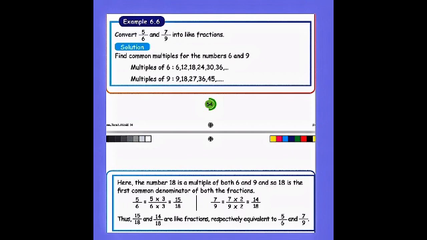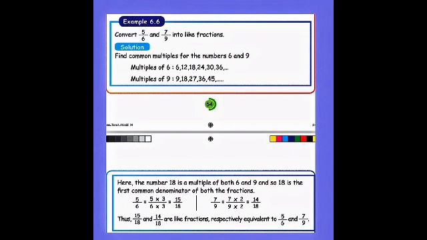So we write 5 by 6 is equal to box by 18. If you multiply 6 with some number to get 18 as the denominator, that number should be multiplied with the numerator, and you will get an equivalent fraction. Which number multiplied with 6 gives 18? 3, 6 3s are 18. The same number should multiply with 5, you get 15. So 5 by 6 is equivalent to 15 by 18.